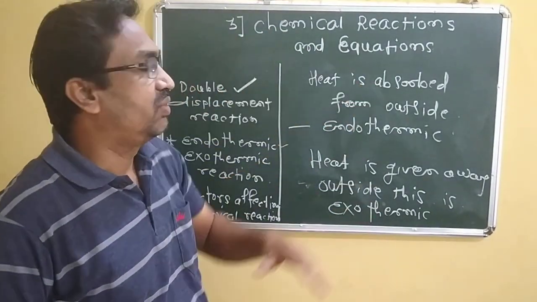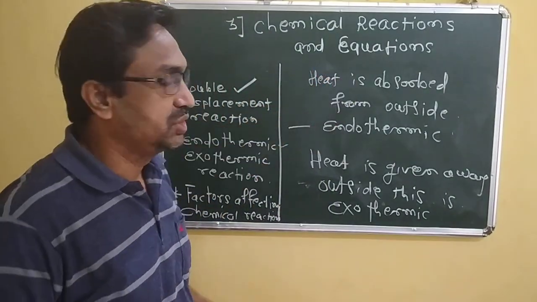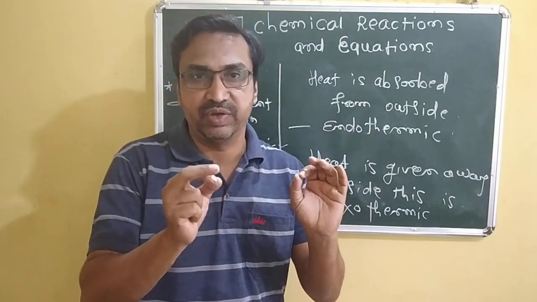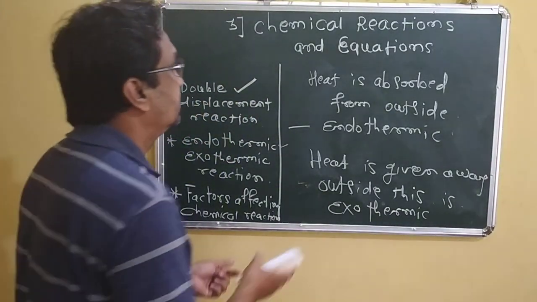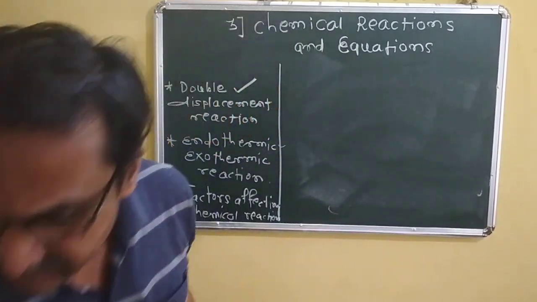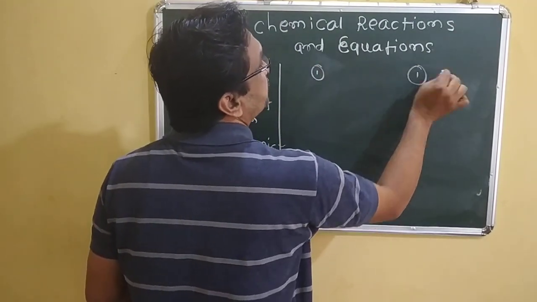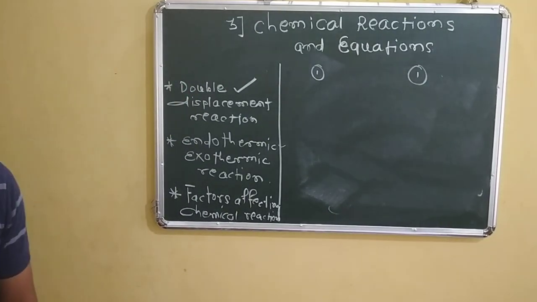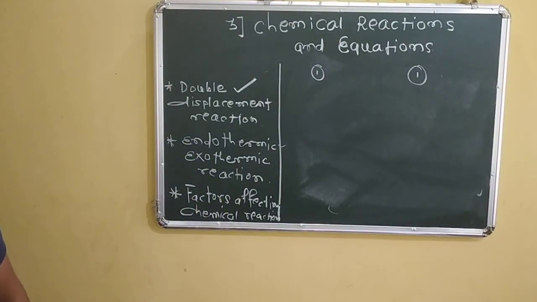So initially, we have to follow a procedure for that. How both these endothermic and exothermic reactions are carried out, how the reaction takes place, we have to study using some activity first. Two activities are there. It's one activity. What you have to do? We can easily see it on page number 39.